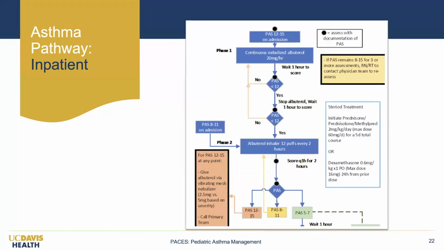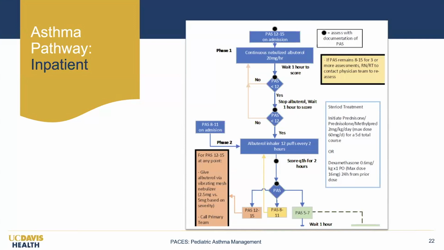And so it's also in that window where the patient has had some time for those to start to kick in. As we progress down the pathway, our first step, if the patient continues to do well and has a score of less than 12, to an intermittent albuterol is going to 12 puffs every 2 hours. And then we continue to score, despite the fact that they're only getting the treatment every 2 hours, we still score them hourly because they're early in their illness and also higher risk in terms of the intensity of the